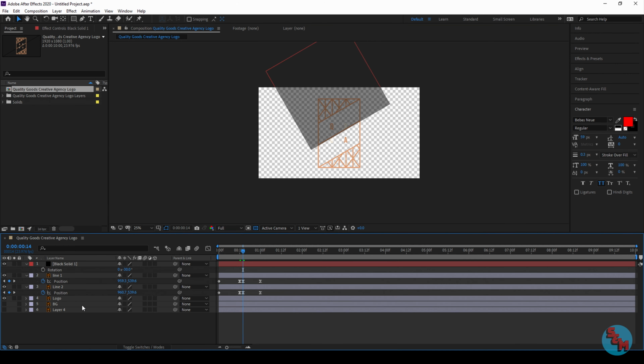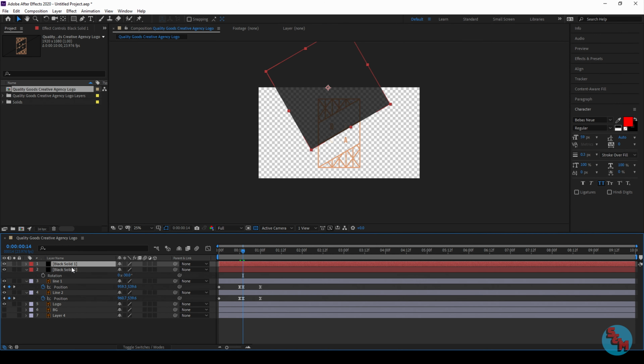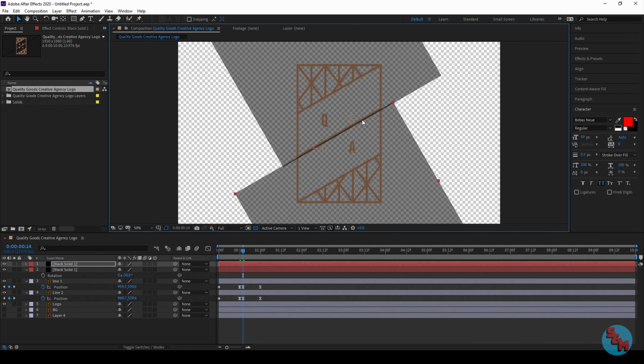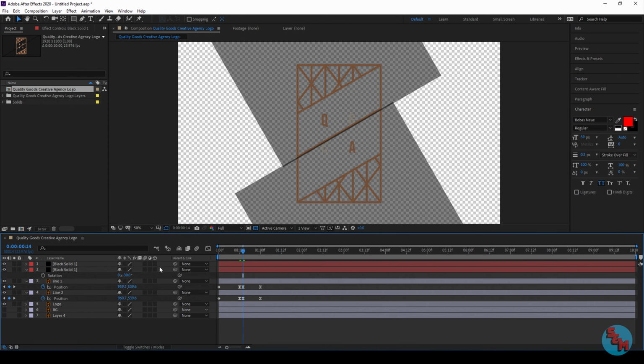There we go. Okay, and I'm going to duplicate this layer, and I'm going to bring this down to about right there, because we're going to hide our sins underneath the line layer, and I'll show you how to do that in just a second. So we know that our